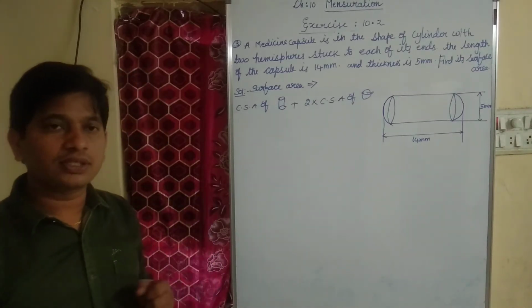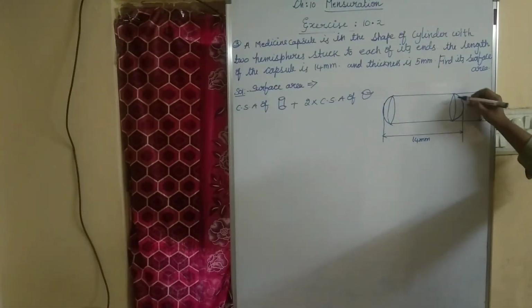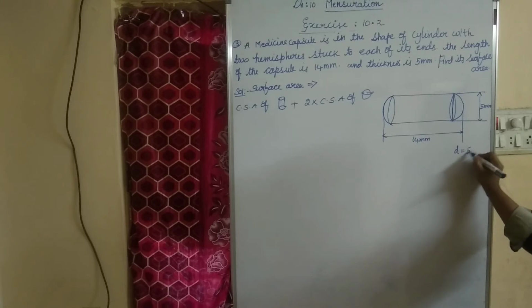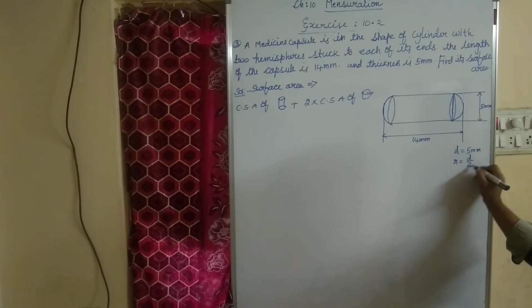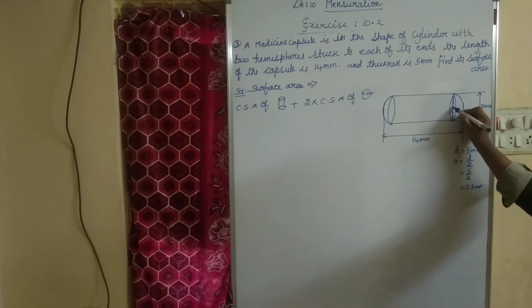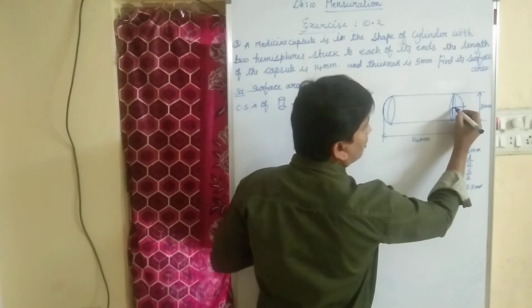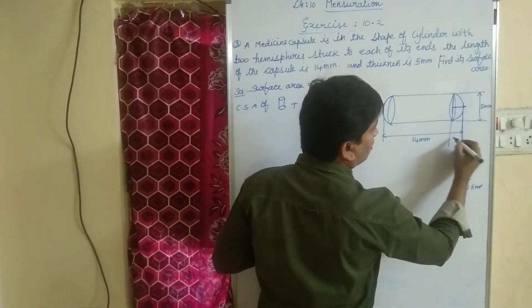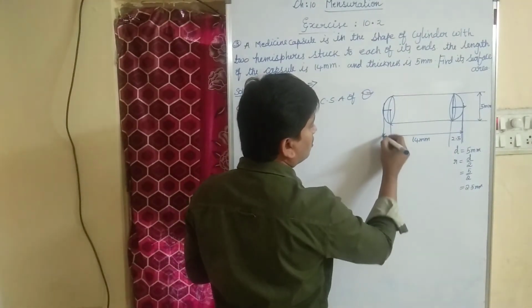Now coming to dimensions, the first point is its thickness is 5 mm. I mean nothing but this is our thickness, diameter. Diameter is equal to 5 millimeter. So what about the radius? Radius will be half of the diameter, 5 by 2, which is nothing but 2.5 millimeter. So what is the radius? Center to any point on a circle is called radius. So this is our radius, which is 2.5, as well as this is our radius, which is also 2.5.